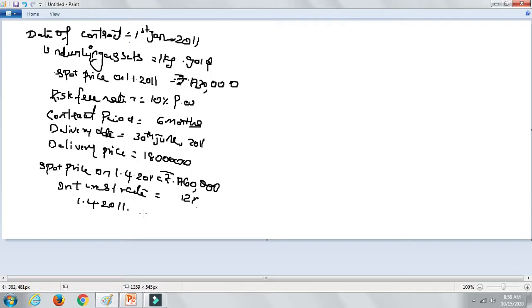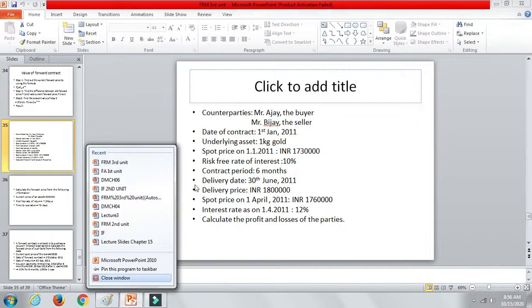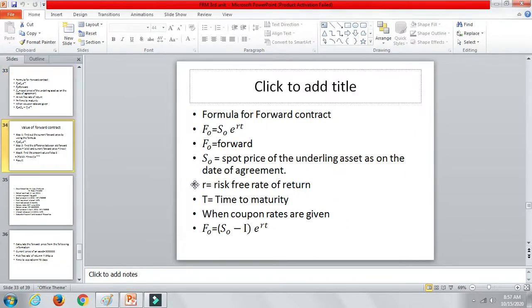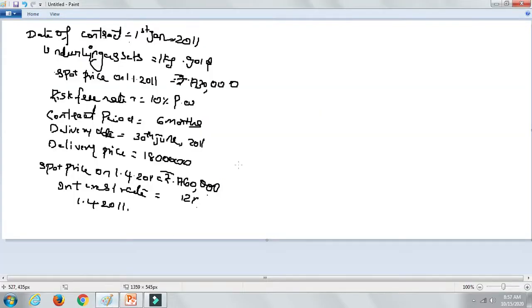Okay, so let's start doing this problem. The very first thing here is I have given you the steps. You remember this, you need to use the steps as such. Find out the current forward price by using the formula F0 = S0 e^(rT). Whenever he says find the profit or loss for the parties, you are going to use these 4 steps. So the very first step is